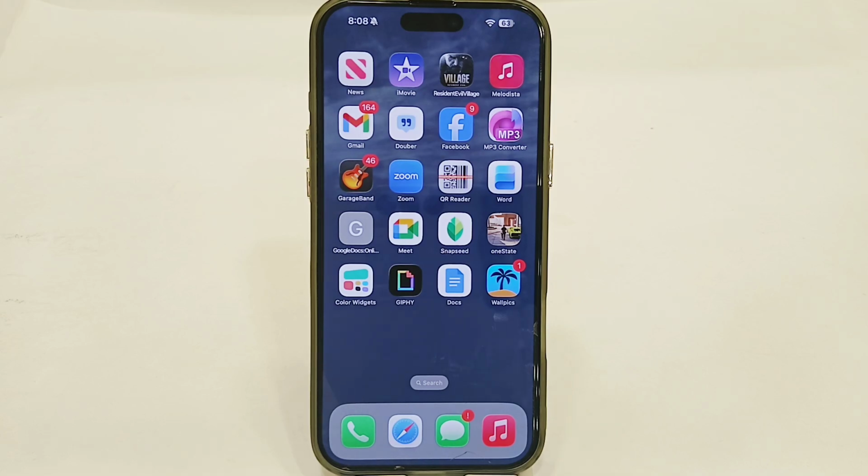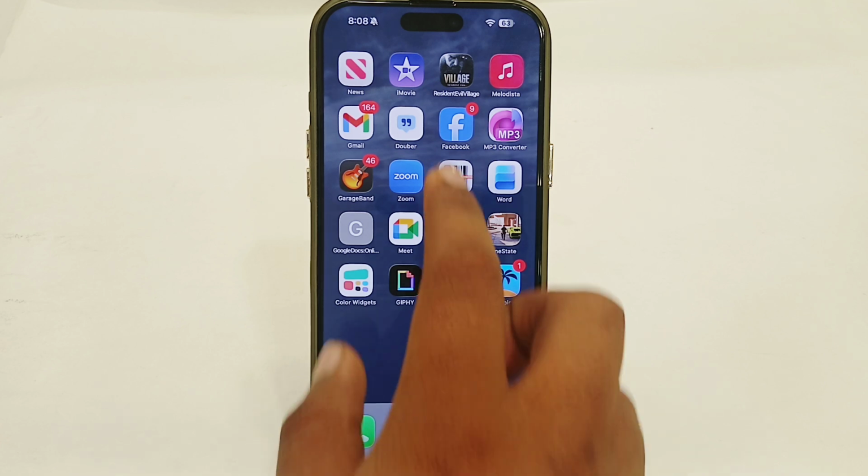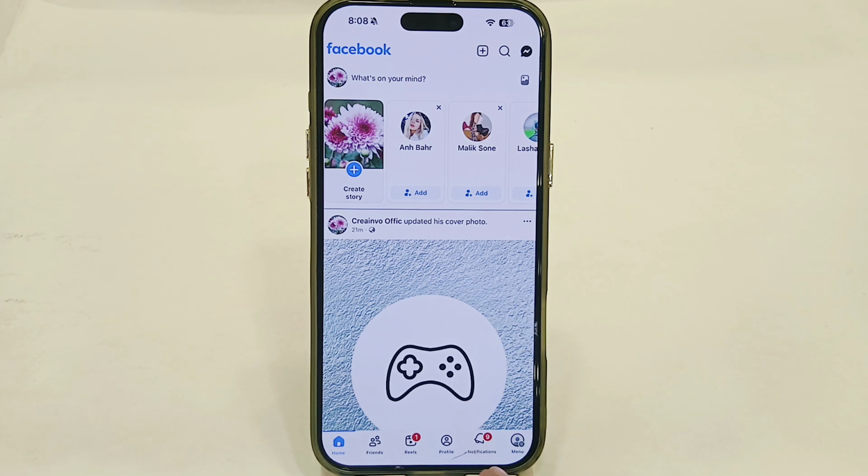Hey guys, today I'm going to tell you how to hide your Facebook friend list on iPhone. If you're using any iPhone and you want to hide your Facebook friend list, let's see how you can do that. You just have to simply open your Facebook app and here just tap on the menu option in the